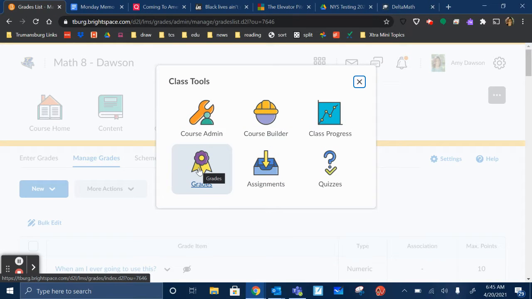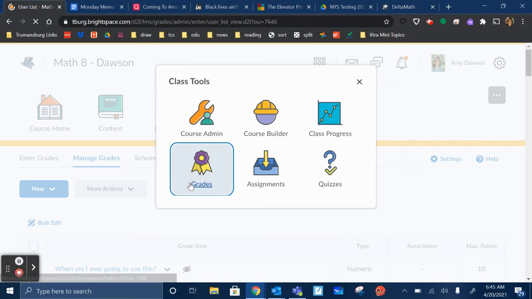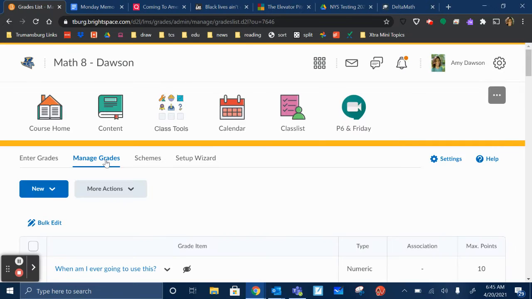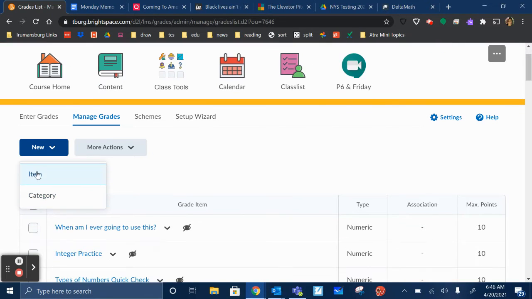So you have your class tools, and you would click Grades. And when you click Grades, you have these choices. You can enter grades, manage grades, etc. So I'm going to choose Manage Grades. Now, I already have one set up. You would choose New and you would choose Item,